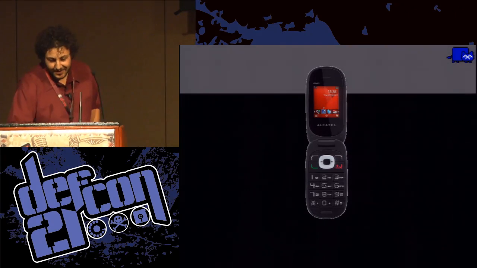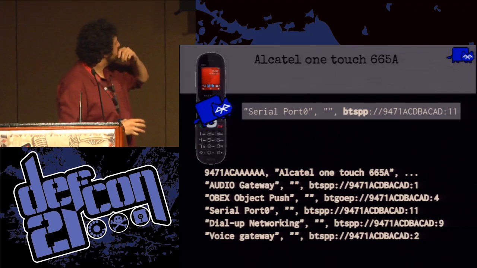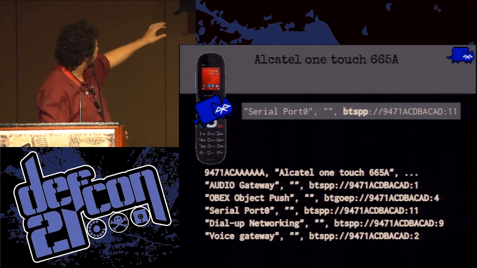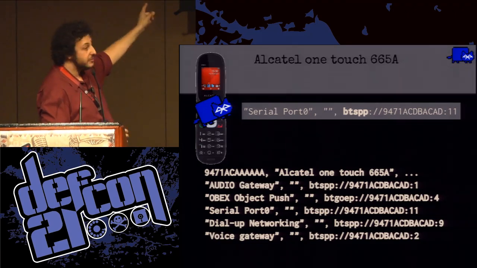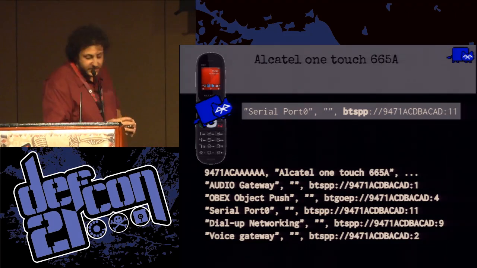So this is an Alcatel, right? So let's take a look at it with Blucat. It gives us the device name, some audio gateway, object exchange, dial-up networking, right? So we can use it as a modem, and then we just have a serial port. So if we just connect to the serial port,